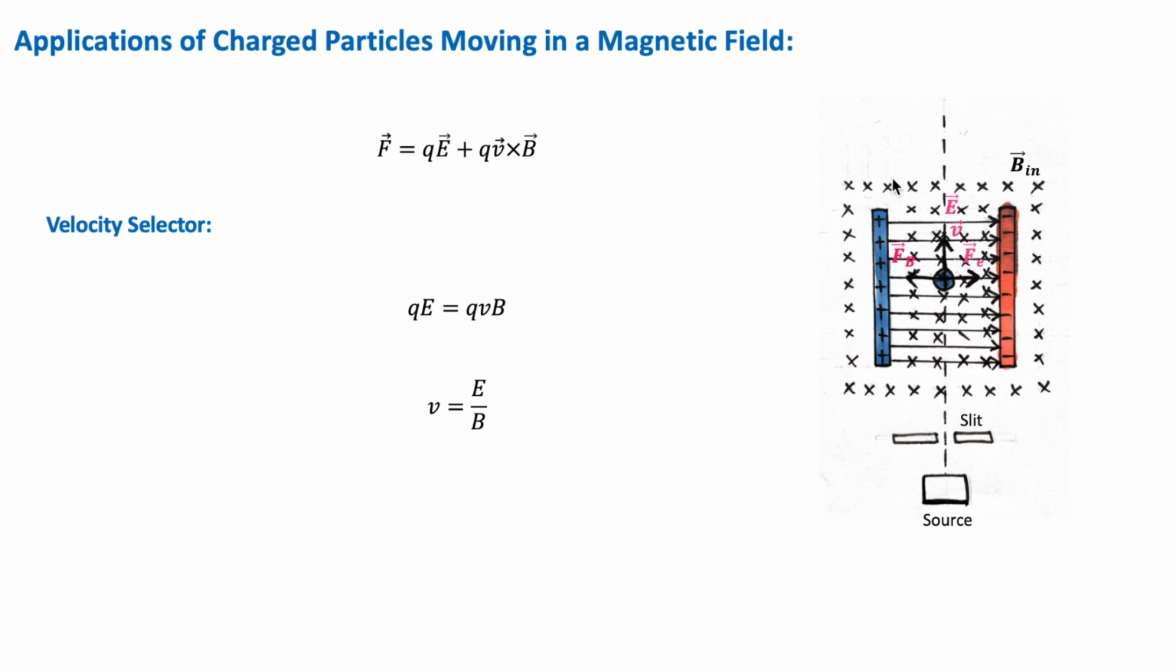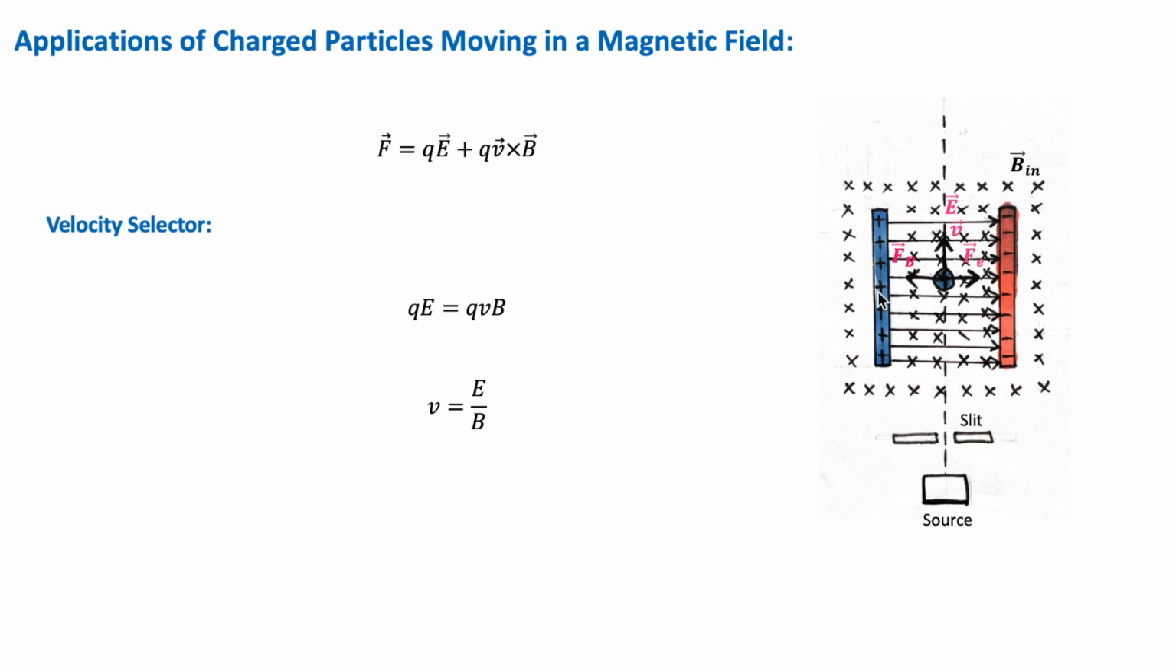Okay, so in this region of space, the electric field E is directed from the positive to the negative plate, and the magnetic field is directed perpendicular to the electric field and into the page, okay? So suppose a positive charge with a velocity v directed upwards enters this region, then the magnetic force qv cross